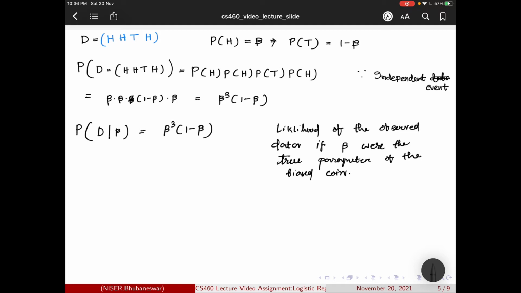So which beta is the best? The beta which will maximize the likelihood, which will maximize the probability of observing this data. So to get the best beta for the model, we need to find the beta for which the probability of D given beta is maximized.